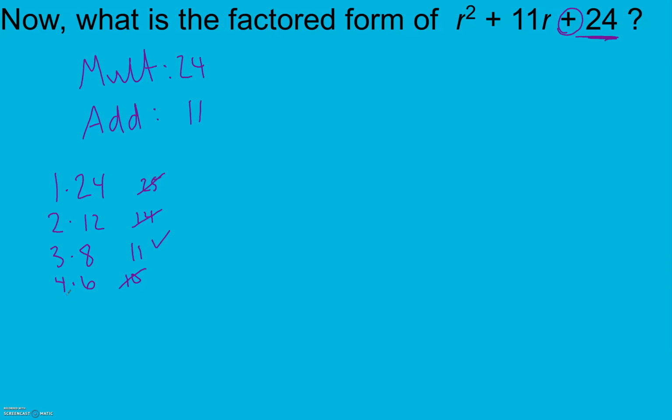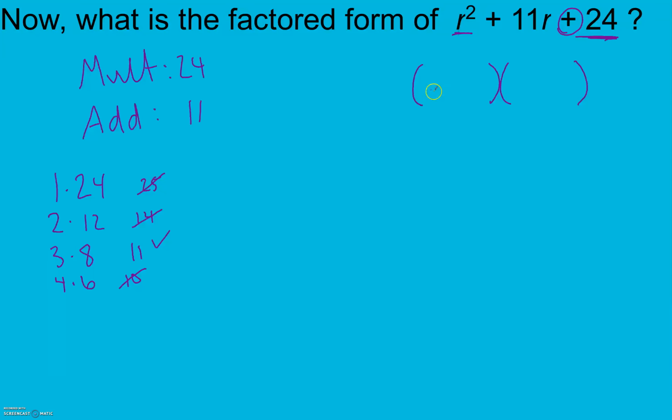A lot of times people miss 3 and 8 when they're talking 24s for some reason. So if we go in order, we check 1, we check 2, we check 3, we check 4. We know there aren't any more factors though because 5 doesn't work and we already have 6 here. So there aren't any other options. It has to be one of these or it doesn't work. But if we go in order, we know we won't miss any. So here again,